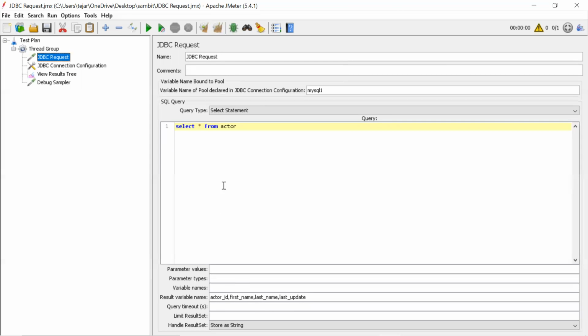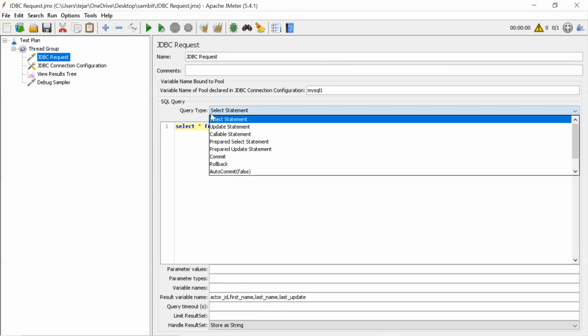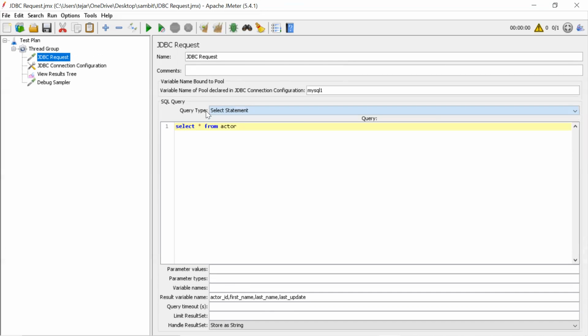So this is where we can connect. By default, you can keep the select statement, and you can write any statement over here, like delete, update, anything. Or you can change the statement here and do it as well. But it is always advisable to use the query type as select statement and write the select, delete, update, anything. So we can do it for these purposes also.